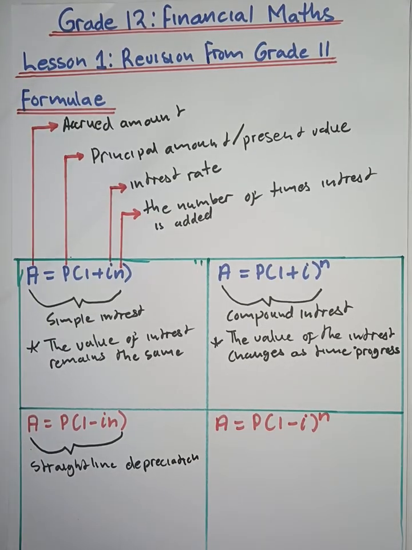So this is a straight line depreciation, I should rather say. Now what is depreciation? Depreciation is the loss in value of assets over time, usually because they get used, old, or outdated. Now an example of this would be, suppose you buy a cell phone for 10,000 rand,